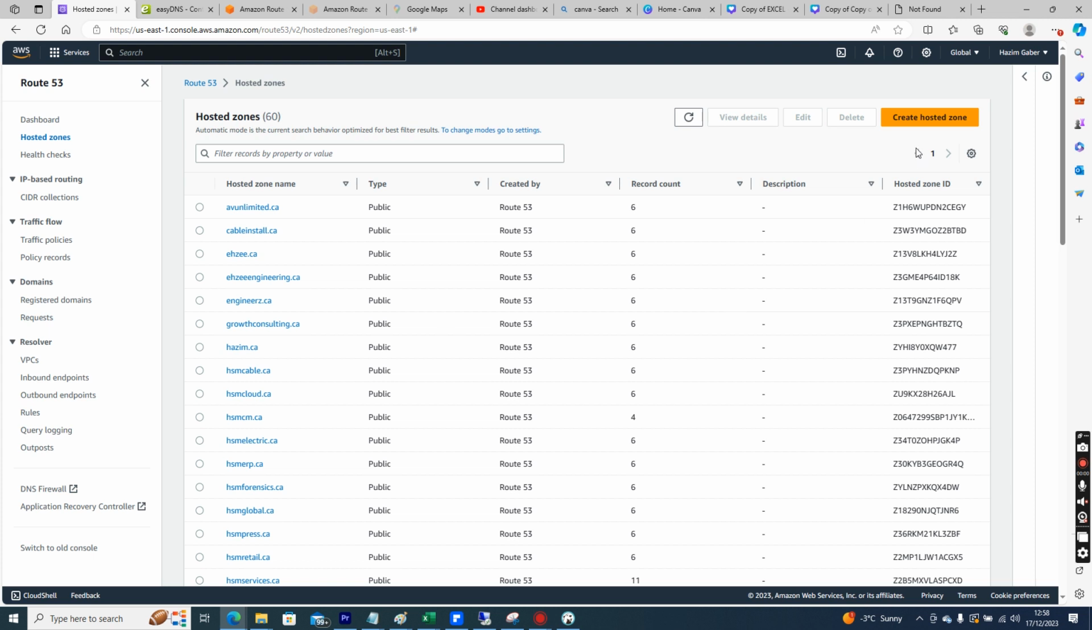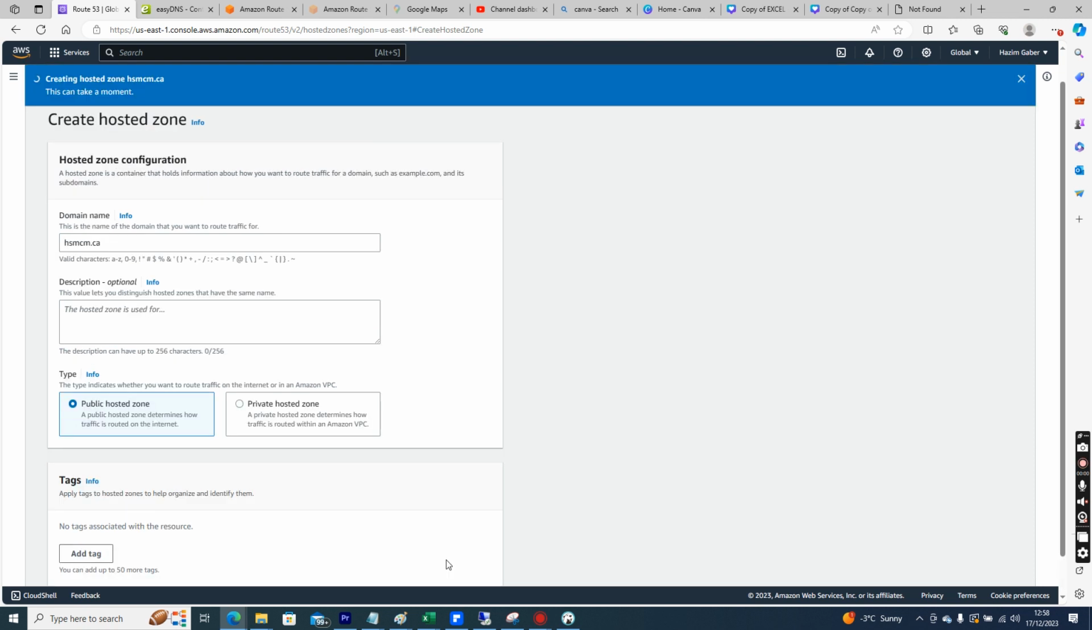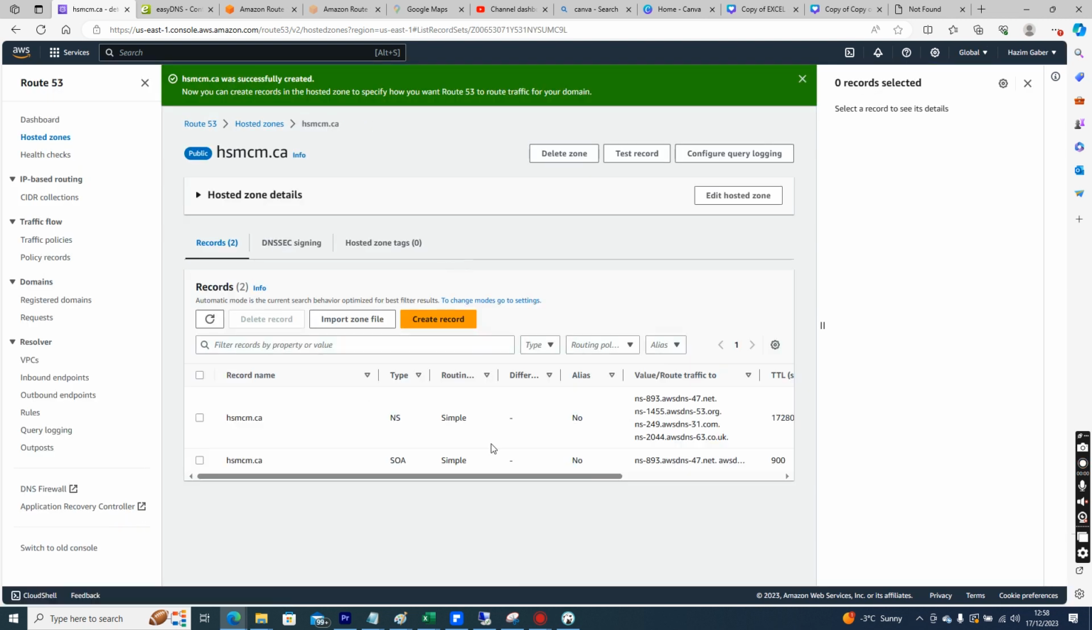So to add your domain to AWS Route 53, the first thing you want to do is click here and go create hosted zone, and it'll pull up the domain name. So put in the domain name that you have. In my case, it's hsmcm.ca, and then you press create hosted zone, and automatically we now have name servers and the start of authority. So you'll take these name servers